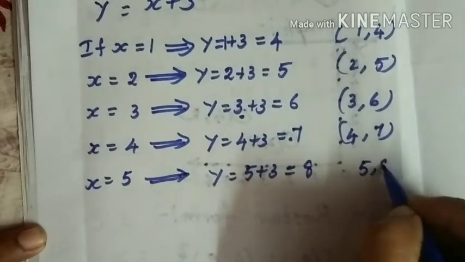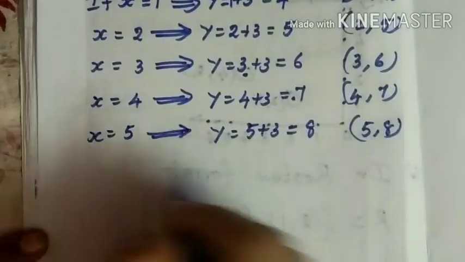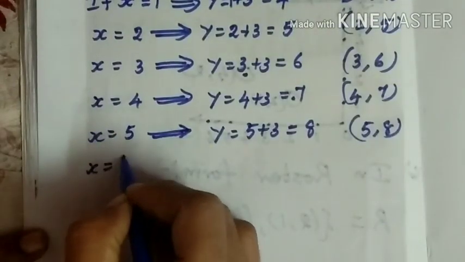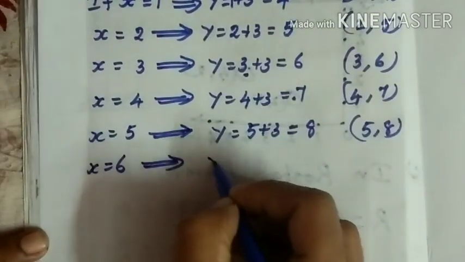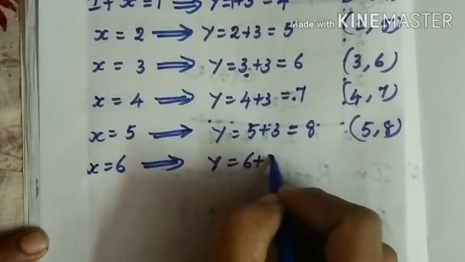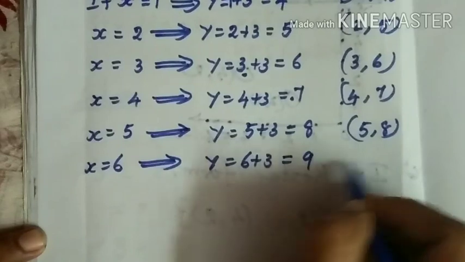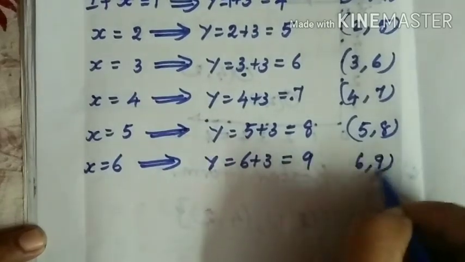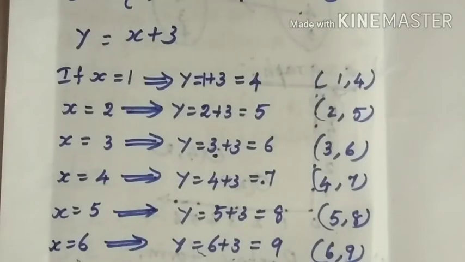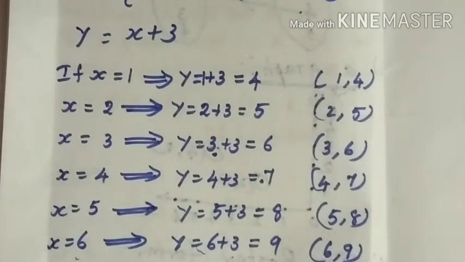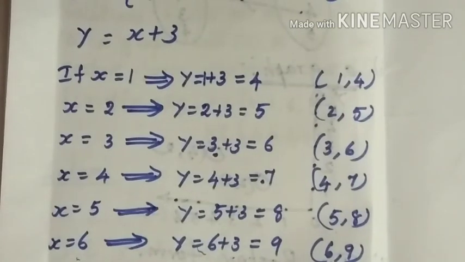That is (5, 8). Next, x equals 6, then y equals 6 plus 3 equals 9. Then (6, 9). Next if you take x equals 7, the ordered pair will come (7, 10), but 10